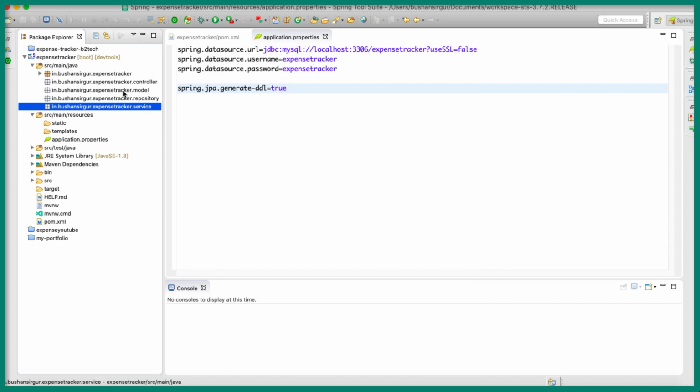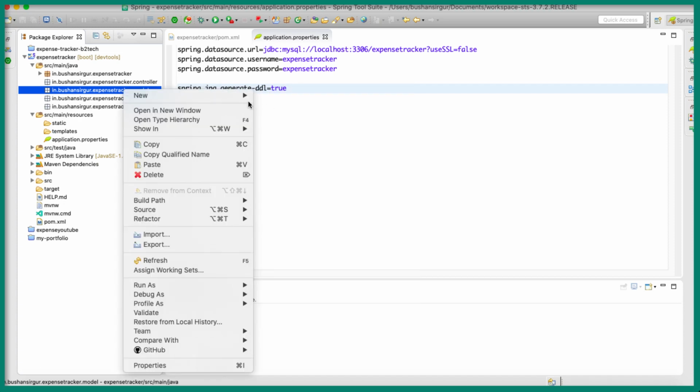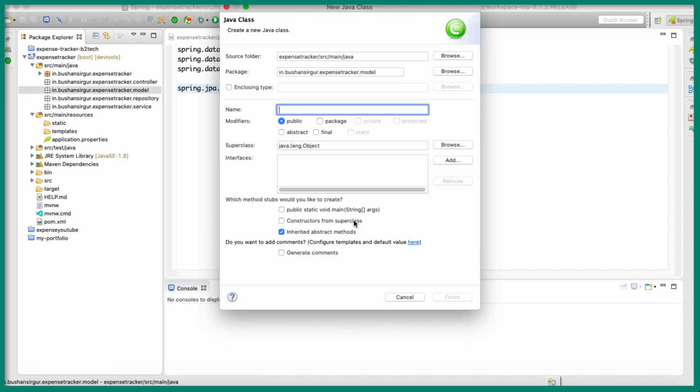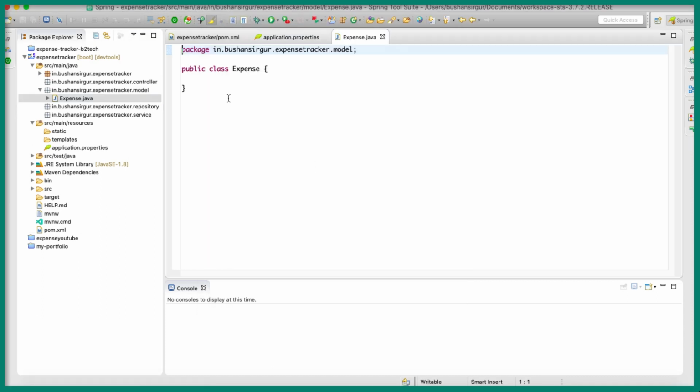Now let's go ahead and create a model class for our expense object. Within the model package, right click and create a class. I'm going to call this Expense. Let me quickly add a few annotations.